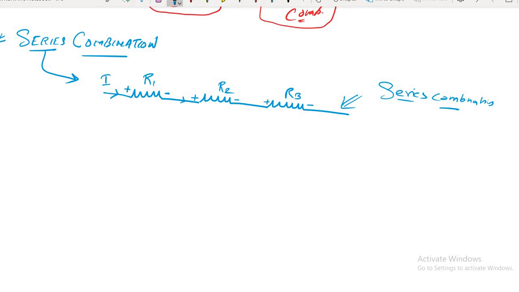How did the current come, sir? Suppose there was a battery, and the current came from the battery. So this is not our concern, where the current came from. But take it like this: positive, negative, positive, negative, positive, negative. So these are all the positive terminal and the negative terminal. Okay? Is that all right? Okay, that's good.